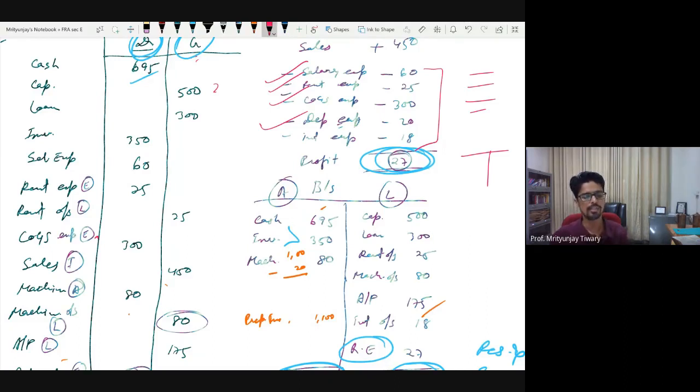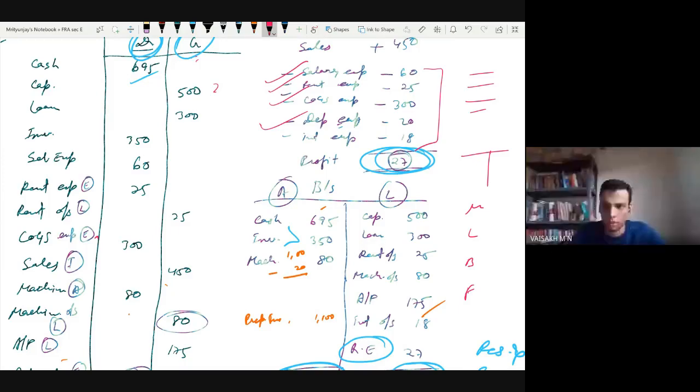But at the end of the day, for the purposes of understanding, I recommend that you keep it as segregated as you can, because right now you are understanding the flow of all the different transactions. So if there are two machinery, create two separate heads. If there is one set of machinery and one land and one building and one furniture, then maybe you would want to club all the machinery together, but keep land, building and furniture all separate. So whether to show accumulated depreciation separately or club it, it depends on what level of detail you want to show the information.